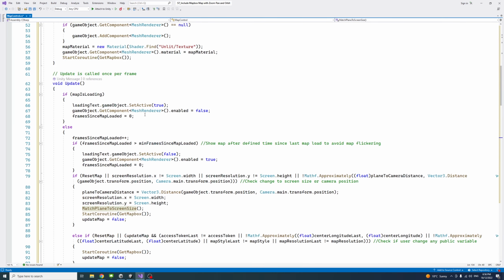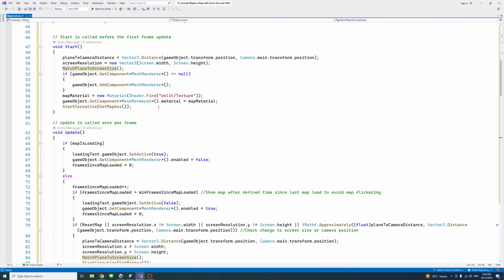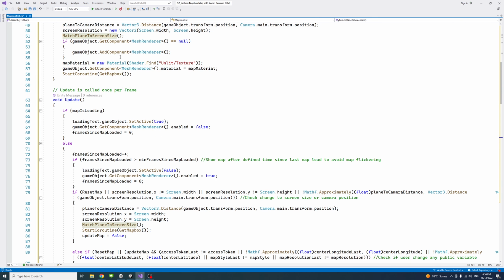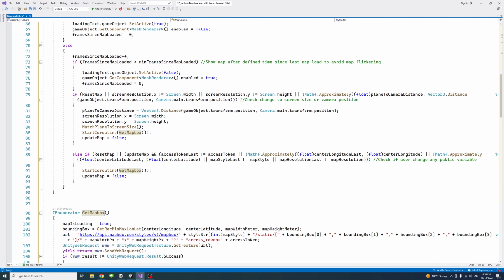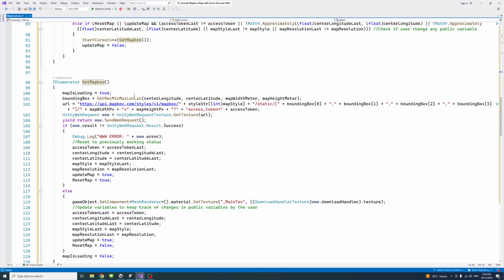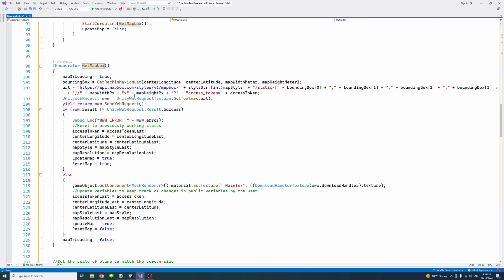We're going to go back to the start. And then we check if the map, or the plane game object, doesn't have a mesh renderer component, we add one to it, and then we assign a material to it here. And then we start a coroutine, we call it get mapbox. And what the coroutine get mapbox does is get the bounding box,